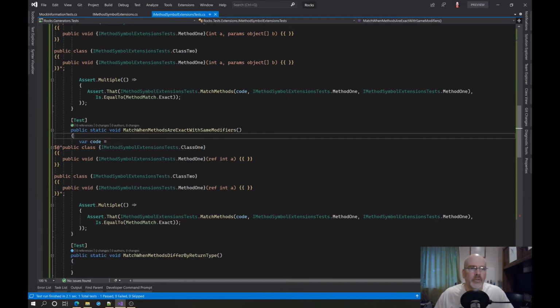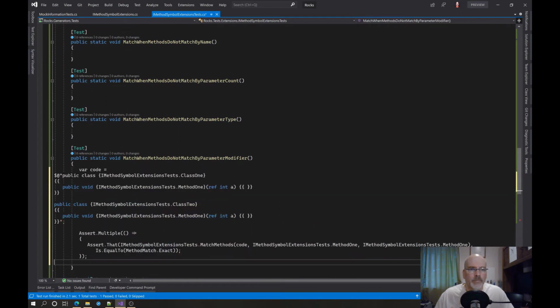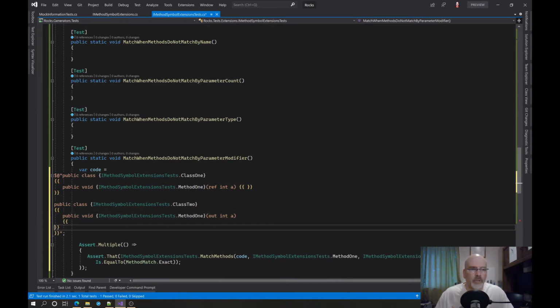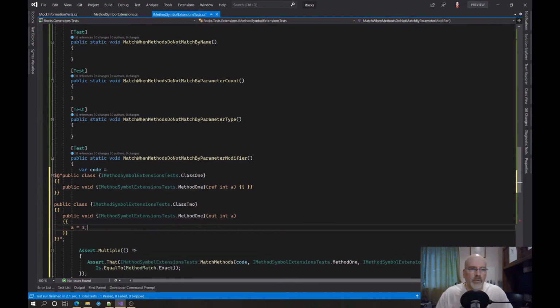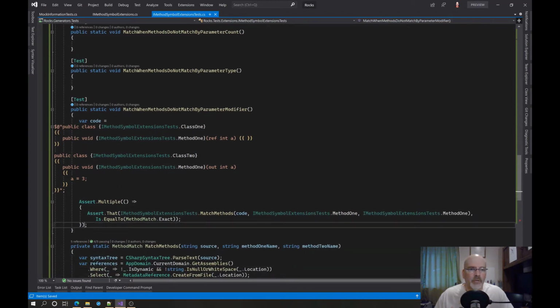And it is. While we're here, we're going to say out int A. And in this case, we have to be a little careful because we need to say A is equal to 3, because it's an out and we have to initialize it just to be correct. This should be none,